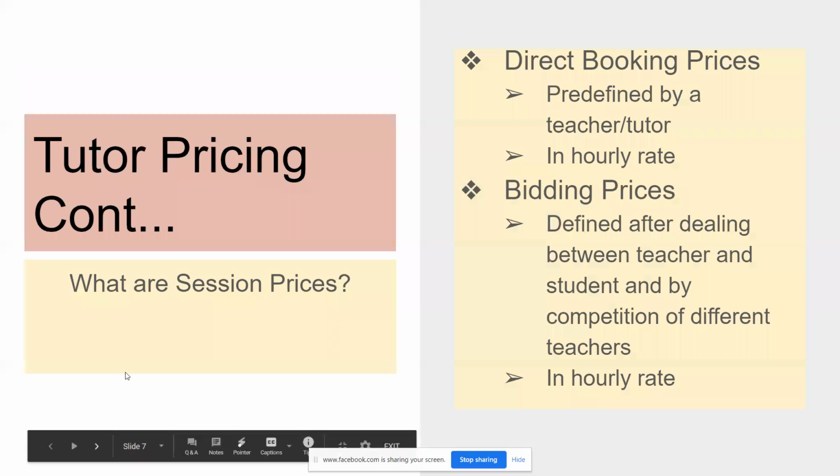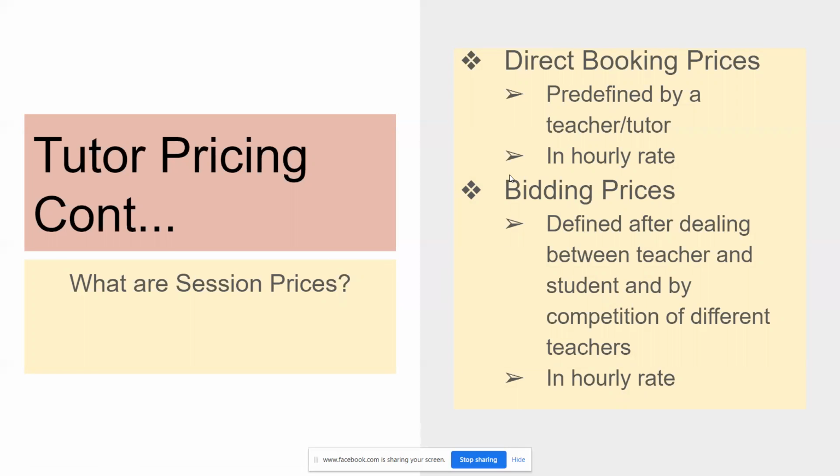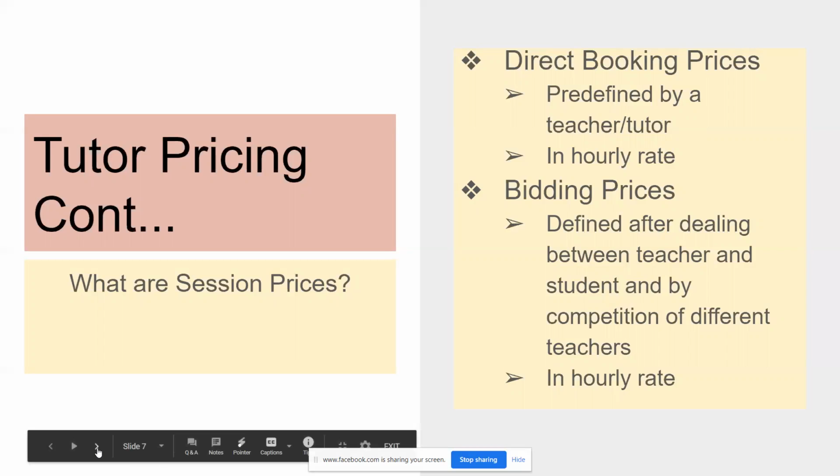The next part is, what are session prices? Session prices mean direct booking prices and the bidding prices. Let's see what the session price is. The session price is, as I said above, predefined by the teacher when the teacher creates his tutor or teacher account. He will put the price in an hourly rate. The bidding price is defined after dealing, as I said above. I already discussed this. Okay,